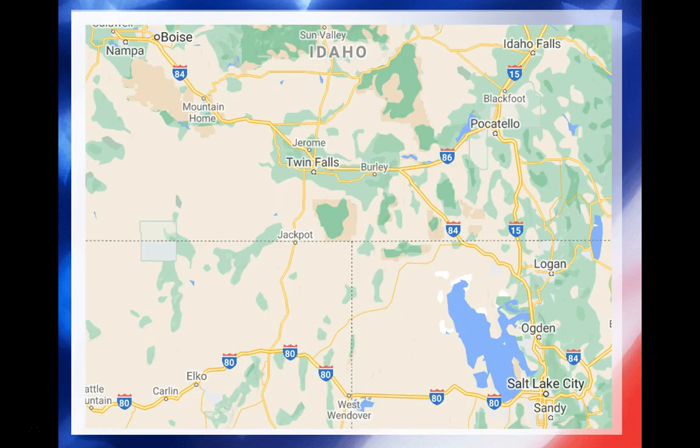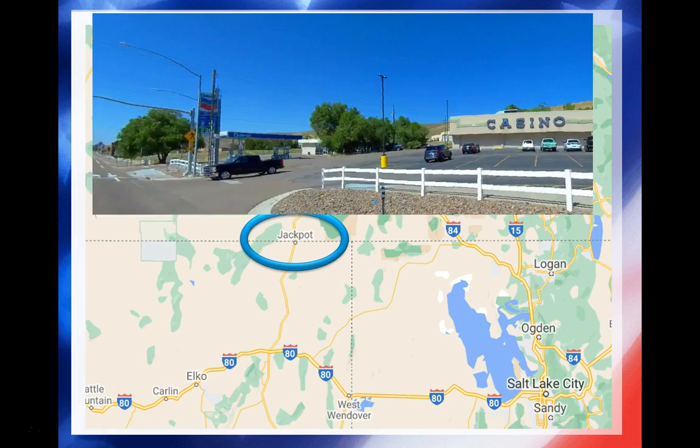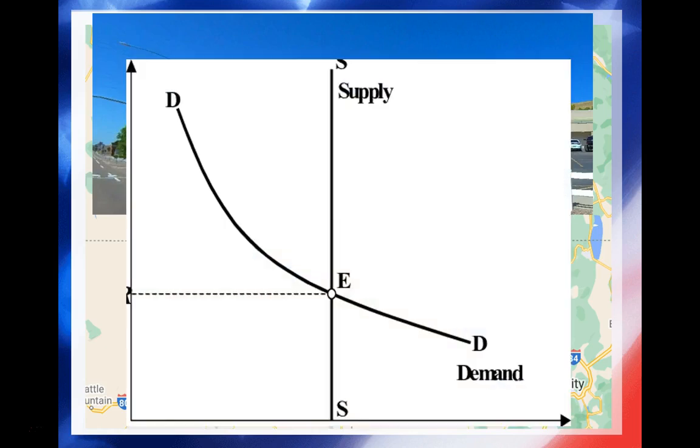Your book talks about the elasticity of demand. Now, every driver needs gasoline. When I went on vacation, I drove through the little desert town of Jackpot, Nevada. There's only one gas pump in town, and the closest other gas pump was 45 miles away in Twin Falls, Idaho. And because it's Nevada, the gas station is right next to the casino. In Jackpot, the elasticity of supply is vertical. You have to have gas, and you have no other choice than to go to the Jackpot gas station.